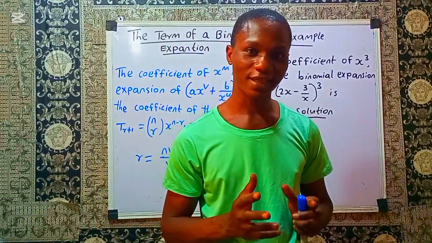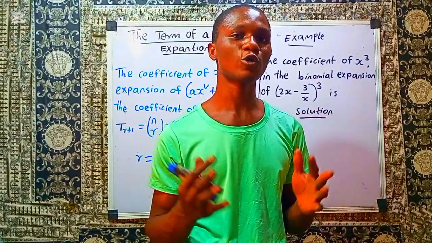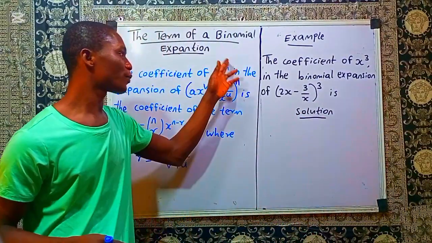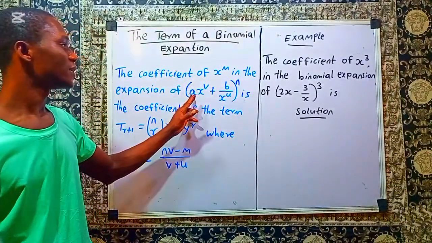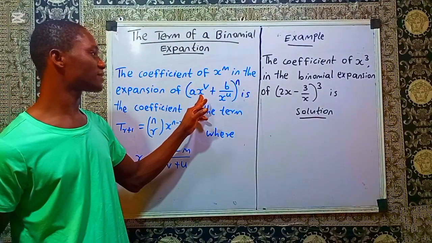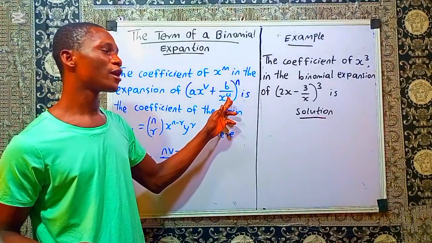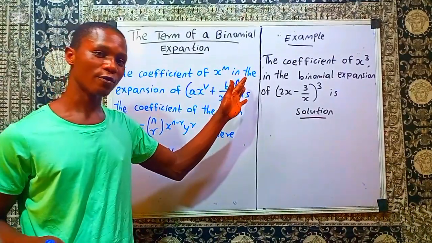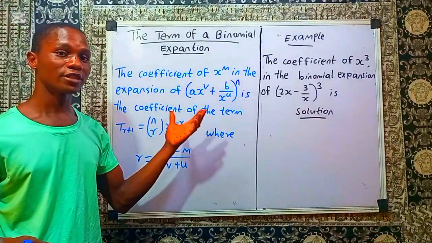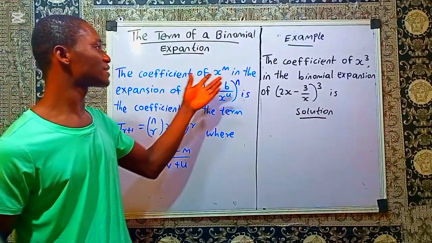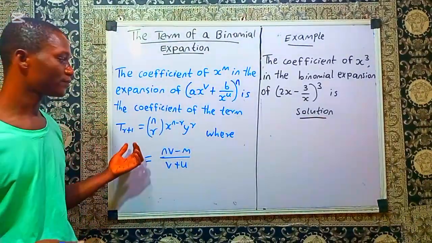This is mathematics class. Today in this class, we'll be looking at how to get the coefficient of x raised to power m if you have a binomial expansion problem of this form: open bracket ax raised to power v plus b divided by x raised to power u, all raised to power n. So I'm saying that the coefficient of x raised to power m is the coefficient of the term